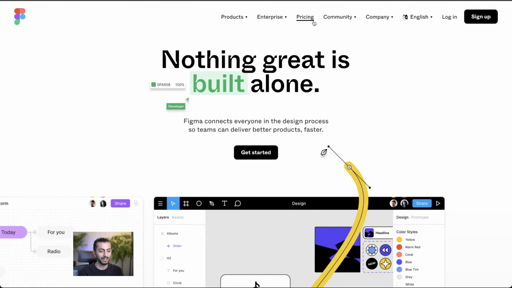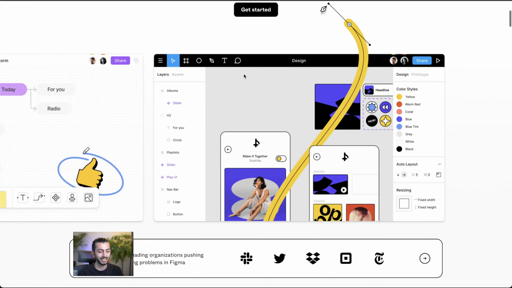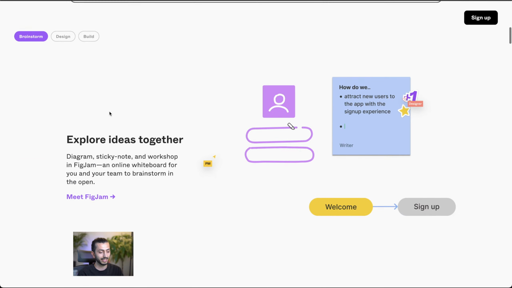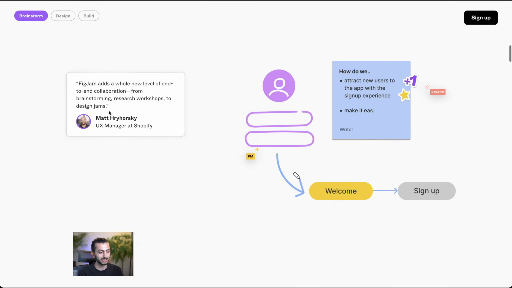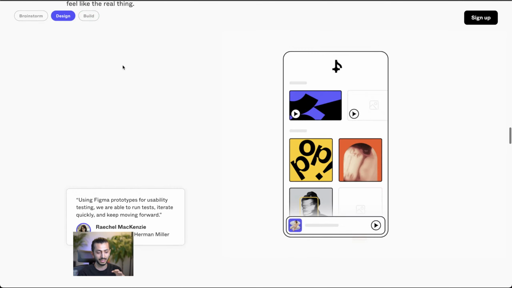We also have this cool nav bar. You've probably seen this once, but then you log in and you don't see it. So you can log out or open Figma.com in incognito mode so you can see it. We have these animations, and then here we have this sticky navigation where we can navigate through these